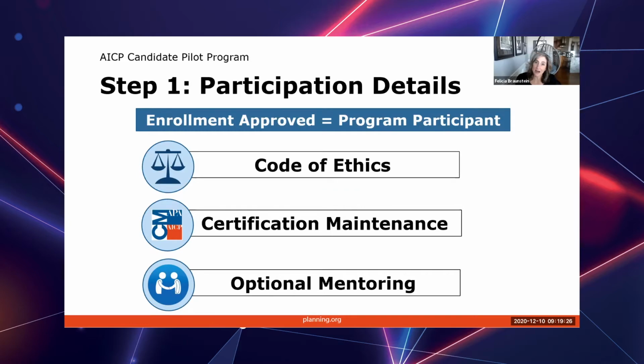That will help you prepare for the exam, because there are questions about ethics on the exam. Certification maintenance is our professional development program, and I'll mention that a little later. Basically, throughout your participation in the program, you have to earn 16 credits. For the optional mentoring, we have a list of mentors who are professional planners willing to provide advice. If you're interested, you can contact me and I'll connect you with our career services manager.